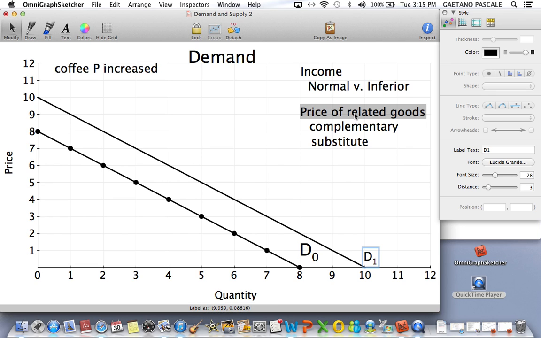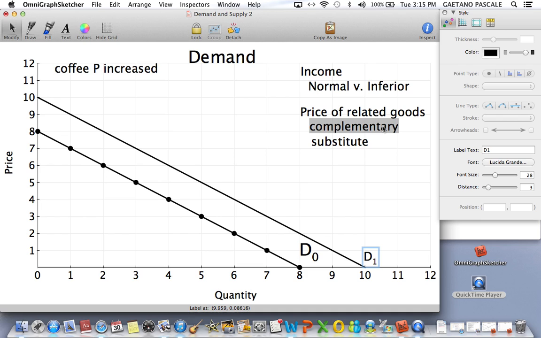If the price of those related goods change, it's going to impact demand for that particular product. When the price of coffee goes up, the demand for tea changes. All right. If the price of gasoline goes up, that's going to impact the demand for cars, those complementary goods. So make sure you realize that these are other factors besides price and income that impact the demand for a